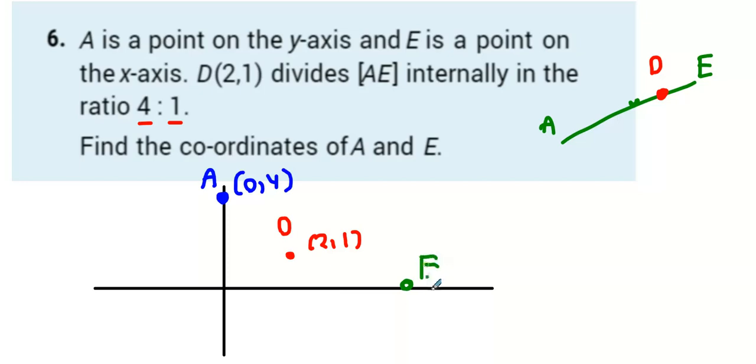Okay, and what do you reckon E? Yeah, E could be anywhere. So for argument's sake, I'll just call it x0. And I sort of have a rough idea what I might do here. So x0. Okay, so